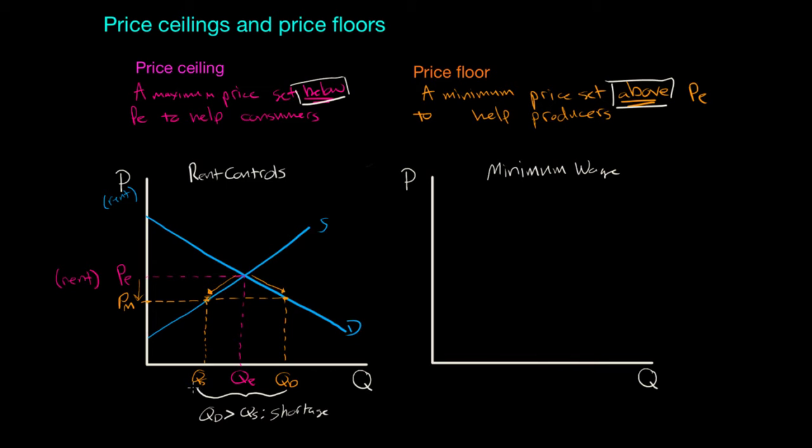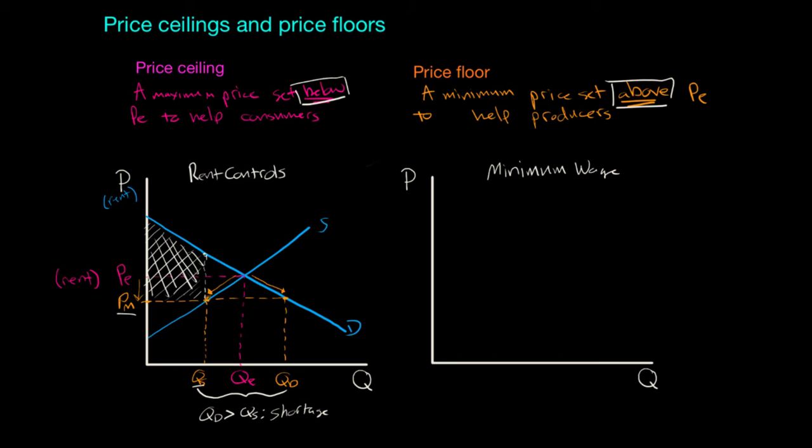Some consumers are better off, but only those who are able to get their hands on the cheaper apartments. So the quantity supplied has decreased. Those who are able to find housing at the price of PM, at the now lower rent, are going to be better off. There will be more of what we call consumer surplus for those who are able to find housing. However, due to the disequilibrium in this market, the quantity demanded exceeds the quantity supplied, so the effect on consumer surplus or welfare of consumers is as follows. Consumer surplus will be the white area in my graph,